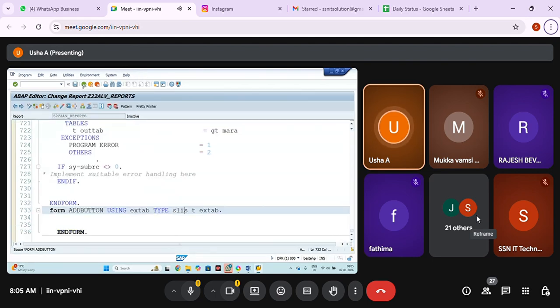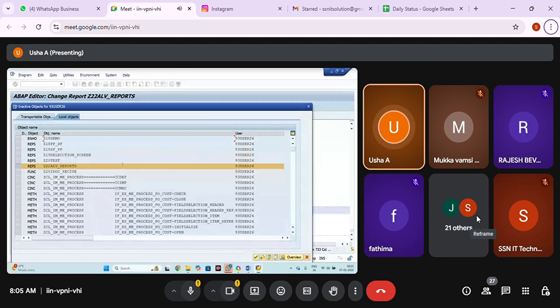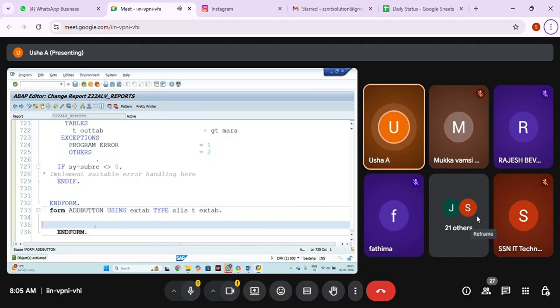Activate it. Now how to add? SET PF-STATUS is the keyword. What is my status name? Z22 status. So this is my status. Activate it.